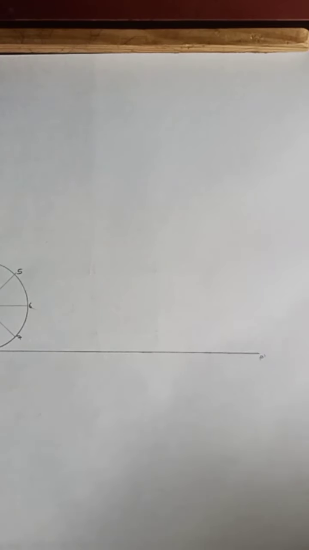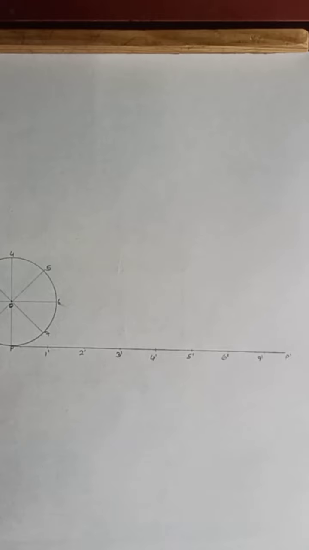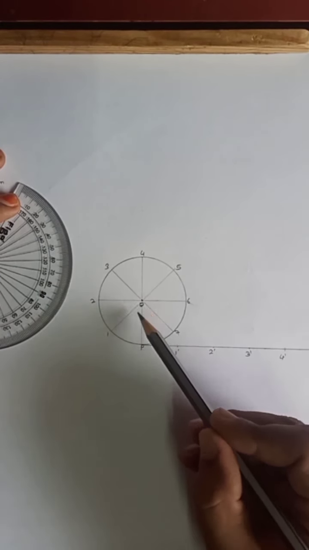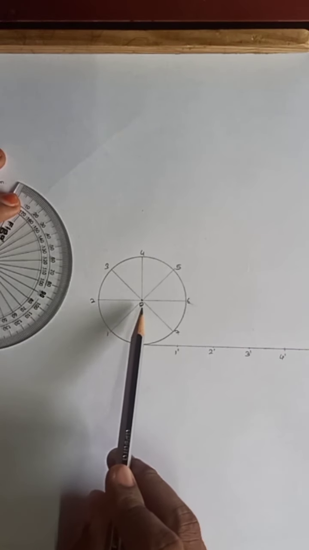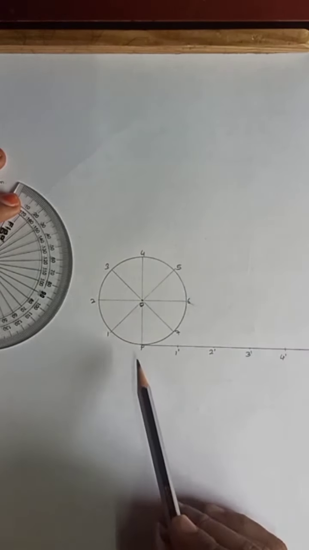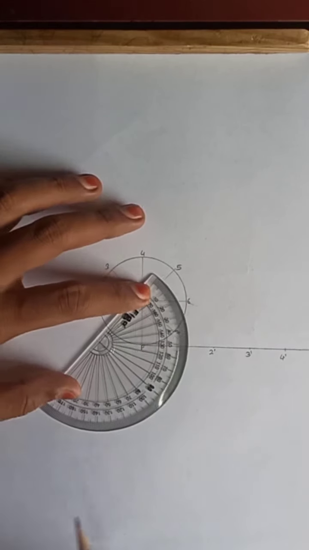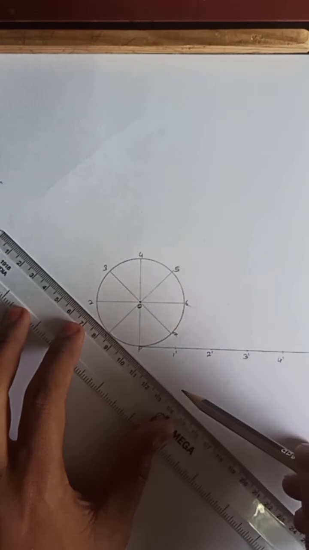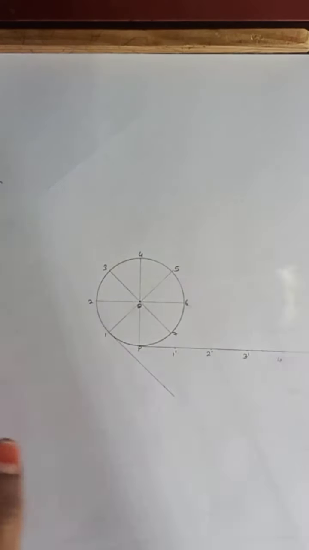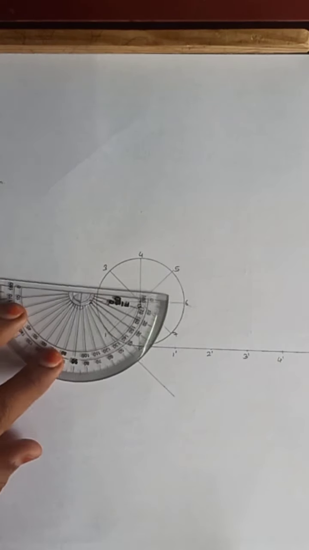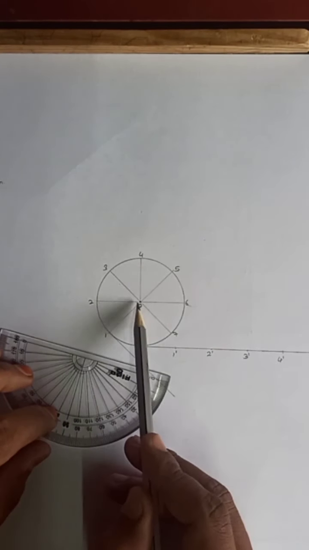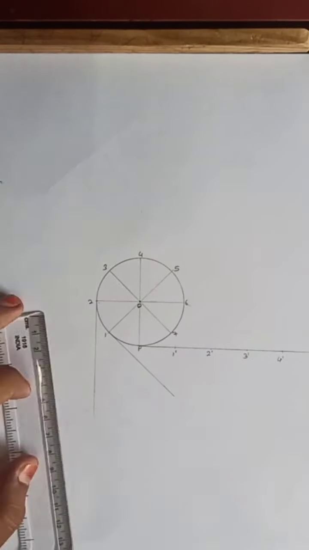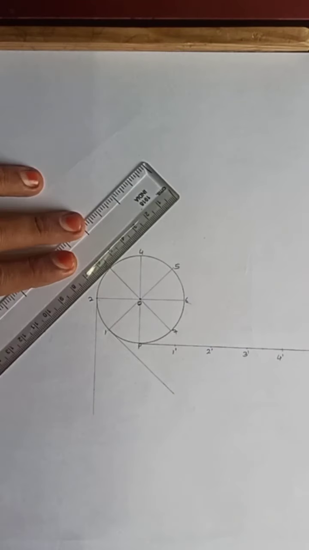Since we have divided the circle into 8 equal parts, the line PP dash has also to be divided into 8 equal parts. Now, to the lines O1, O2, O3, O4, O5, O6 and so on, we need to draw a perpendicular line. First, to the line O1, draw a perpendicular line. This perpendicular line can be of any distance. Next, to the line O2, draw a perpendicular line. Similarly, draw a perpendicular line to O3, O4, O5, O6 and O7 as shown here.